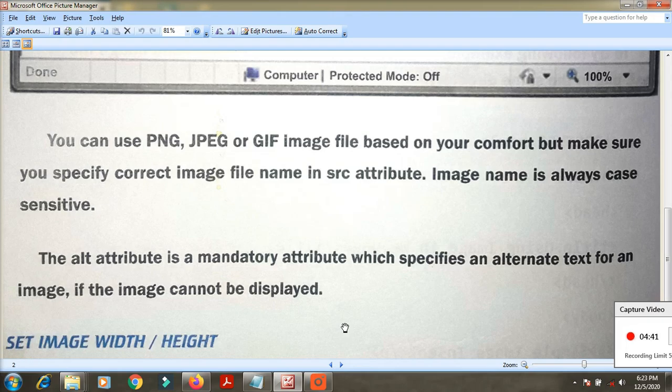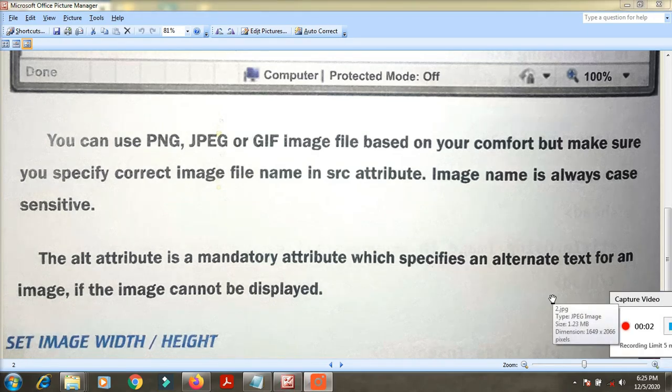Whatever format your image is, PNG, JPEG or GIF, it does not matter, as long as you give the correct information in the Notepad text editor. What you give in the text editor will come in the browser also. That is the important information.